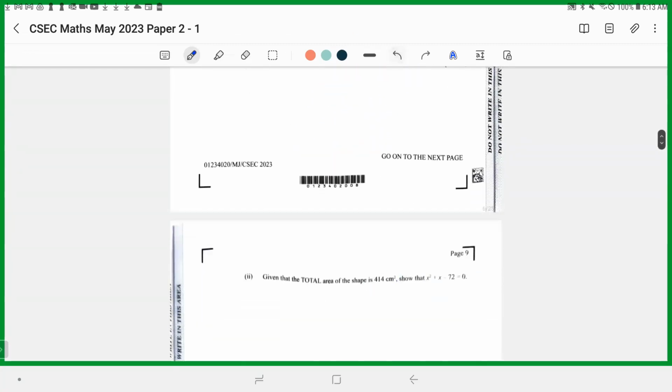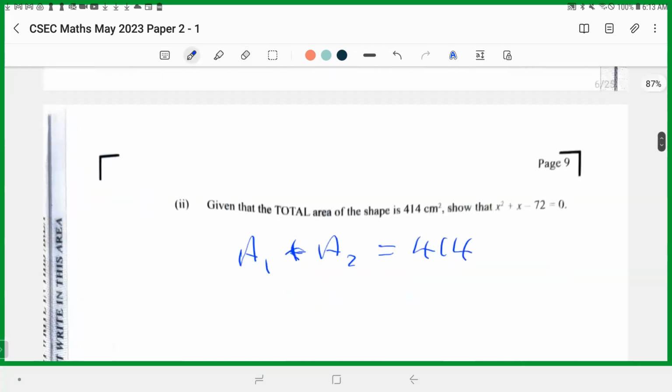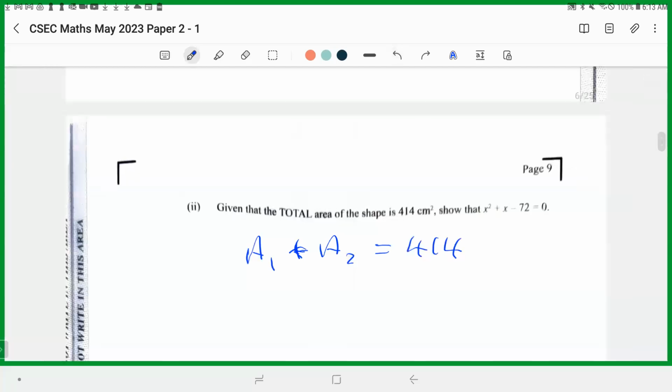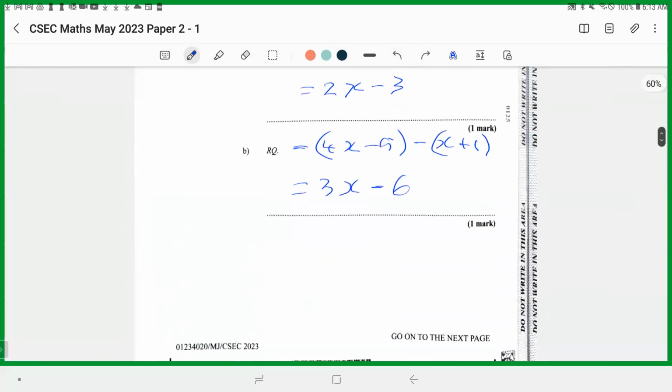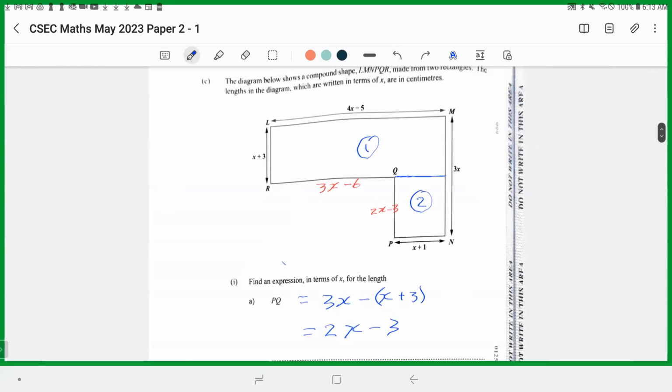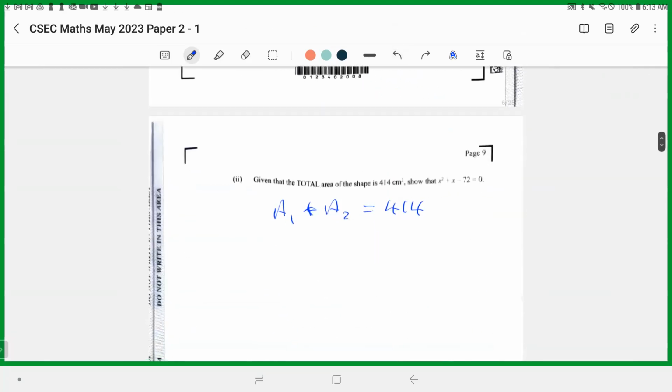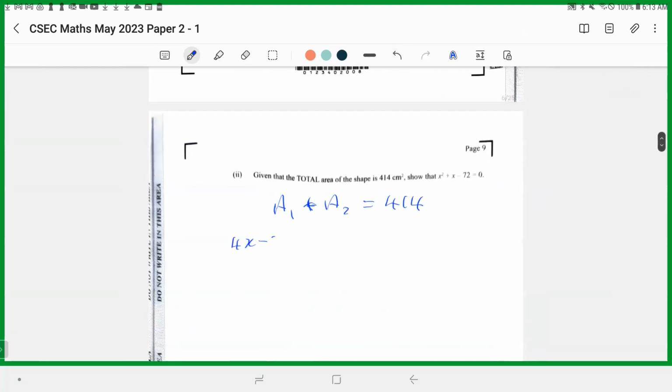this. Right? So we can write something to say area 1 plus area 2 is equal to 414. That's what the question said. Right? 414. What's the expression for area 1? Area 1 is the product of the 4x minus 5 and the x plus 3. 4x minus 5 times x plus 3. That is area 1 plus